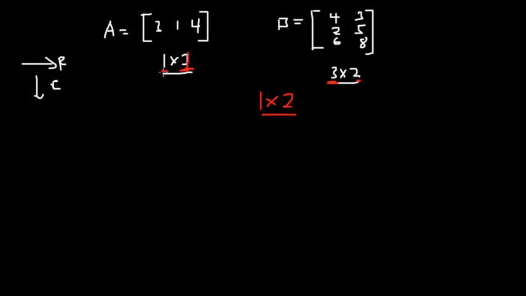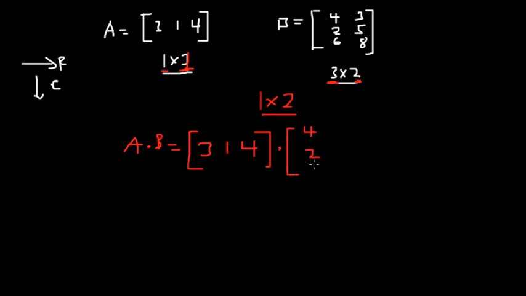So this row 1 and this column 2, so the final order of the matrix will be 1 by 2, meaning 1 row and 2 columns. So let's do the multiplication. We have A multiplying B, so we have 3, 1, 4, and then multiplying